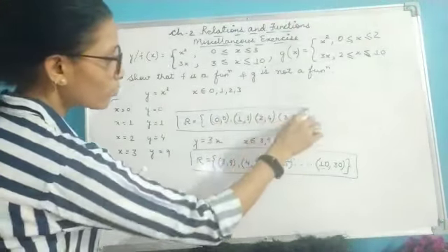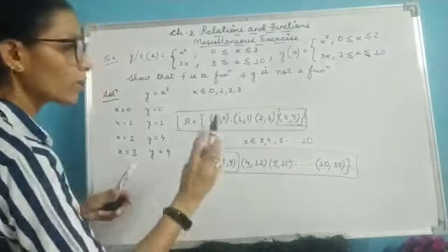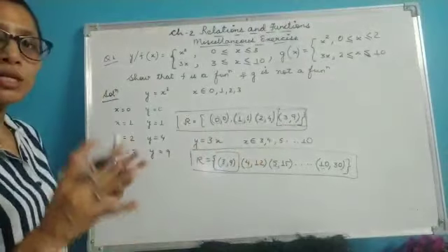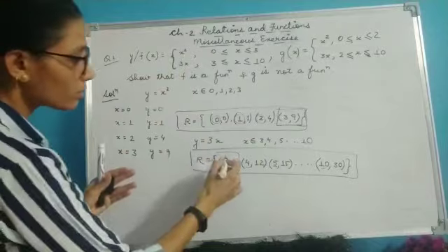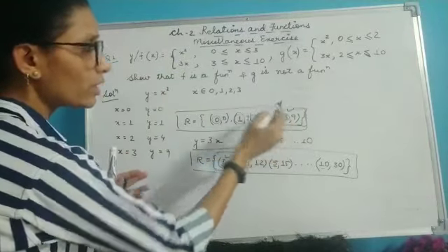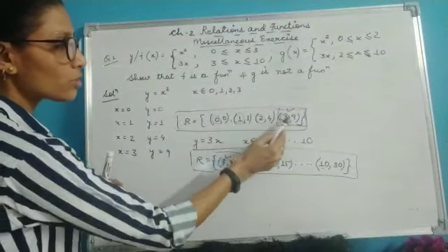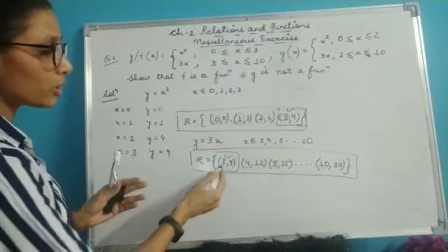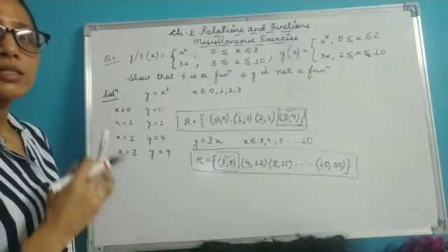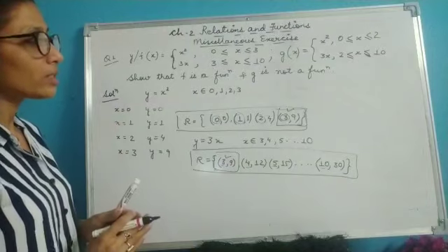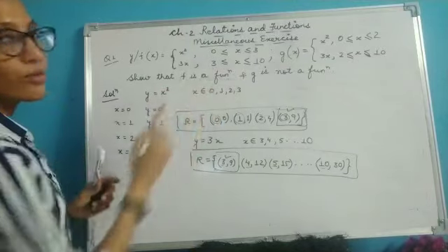You can find that 3, 9 is present here also and here also. But these are considered to be one because the function is a combination of these two. So this will be written as one. This 3 is a domain and it has a range as 9. So this is not to be considered as the repetition of domain. So here I can see all the domain has a unique image present in set B. Therefore I can say f is a function.